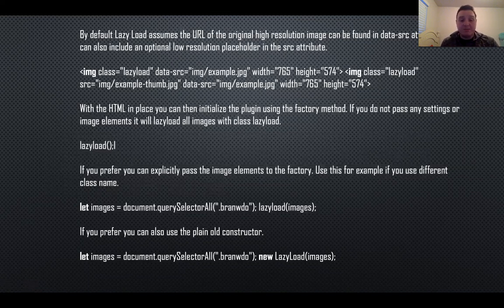If you prefer to be explicit, you can pass elements to the factory to use, for example if you have different class names. Like this one below, it says let images equals document.querySelectorAll. This is just an example that I've put in here. If you prefer, you can also use the plain old constructor: let images equal document.querySelectorAll, then new LazyLoad images. You can do it that way, but I think in most scenarios most people are going to be using the main lazy load